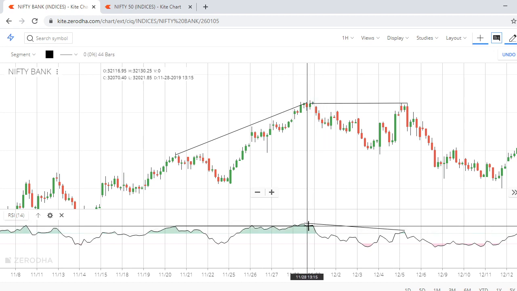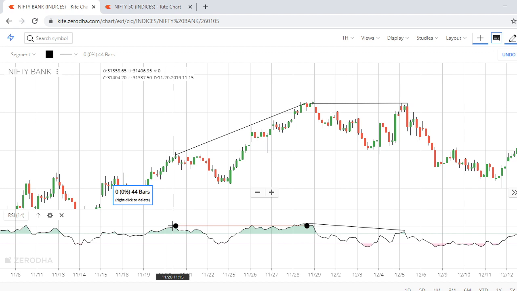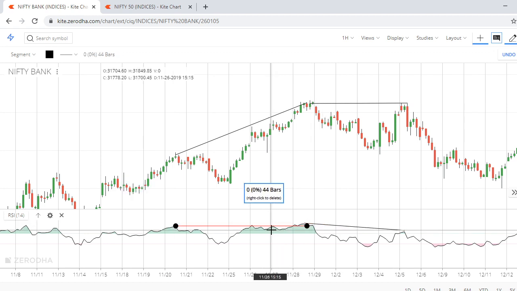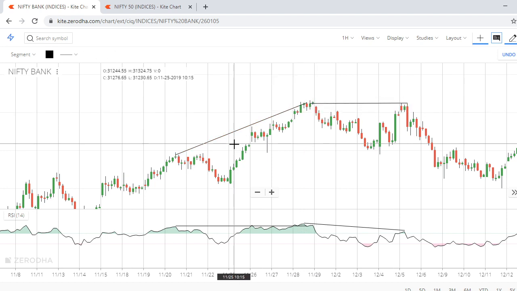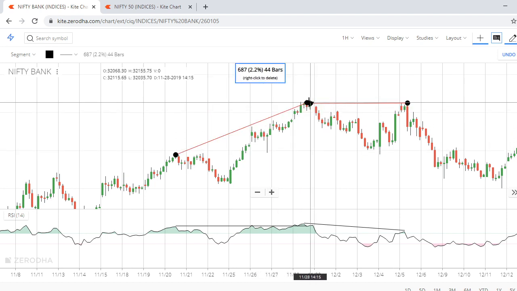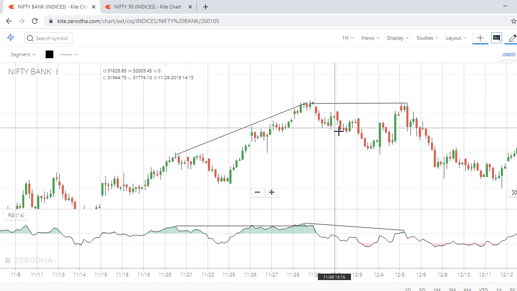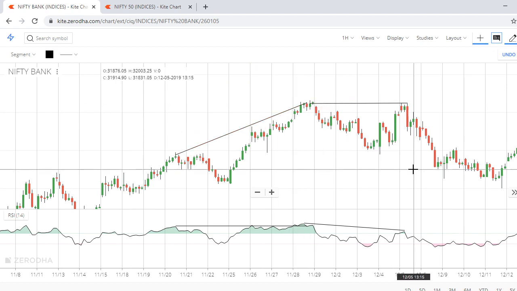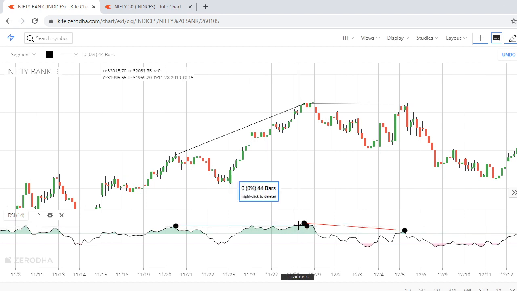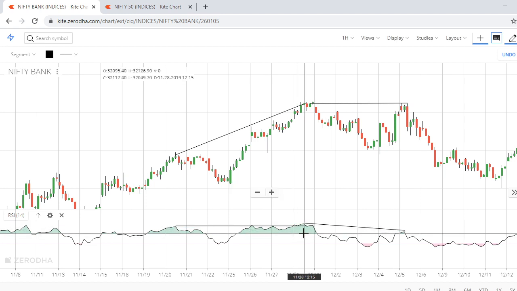Perfect. See, RSI is flat, but the price moves up. So this is the time where you can short. Okay, if one would have shorted here at 32,100, 31,500, almost 800 points rally, because we shorted at a very high level. See, almost above 70. If it is close to 60, then we can get much better results. But anyway, that is okay, not an issue.